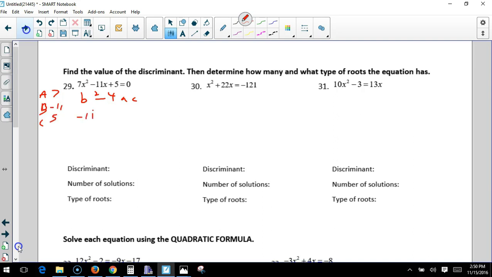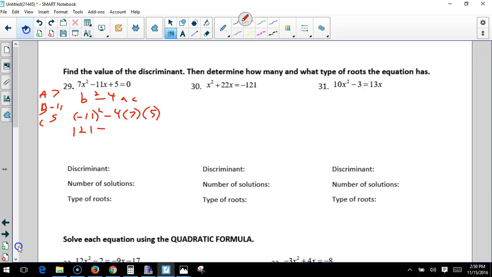So, negative 11 squared. Be careful. Don't type in your calculator, just negative 11 squared. Otherwise, you'll get negative 121, and it's positive. Minus 4 times a times c. Now you just crunch the numbers. 121 minus